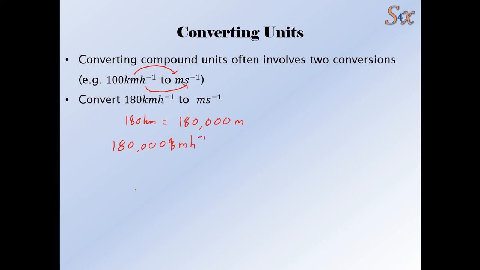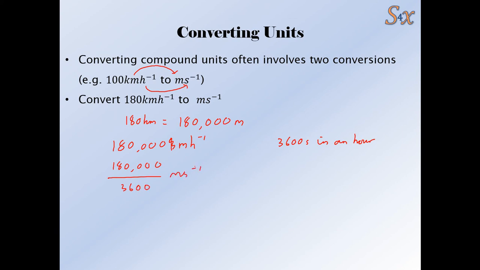Okay, and now we need to convert from hours to seconds. And what's the conversion for that? Well, there's 3,600 seconds, or 60 times 60, in an hour. Okay, there's 60 minutes in an hour, and then 60 seconds in a minute, so that gives you 3,600 seconds in an hour. So that means you've got 180,000 divided by 3,600, because we're going from hours to seconds,